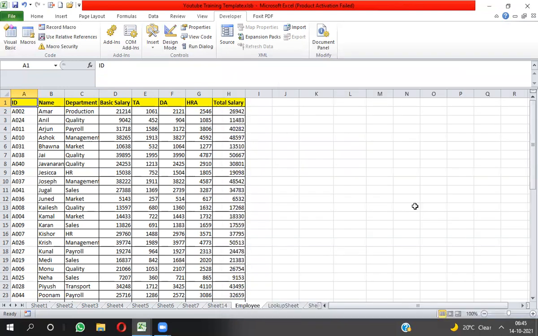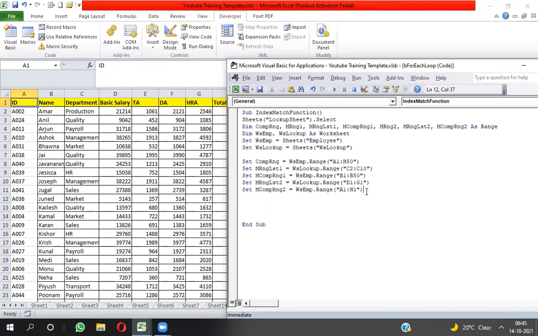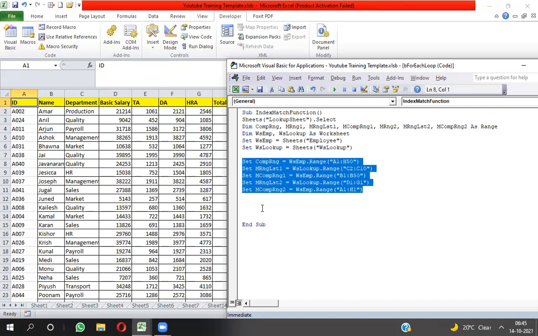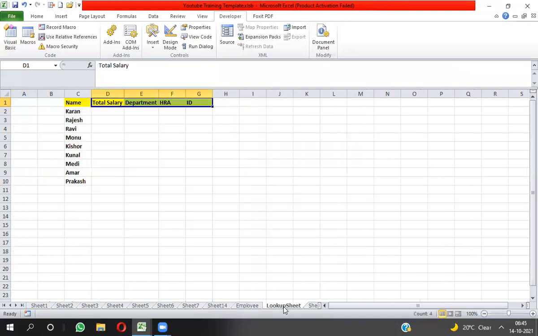Now I have set all the variables. I need to take two positions. I have to take the position of name, and one by one I have to take the position of header.